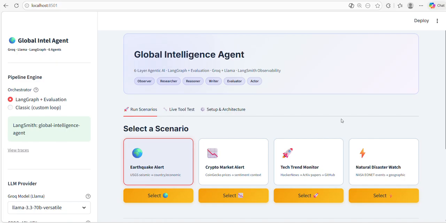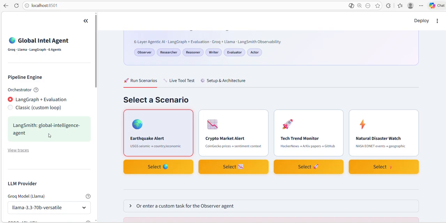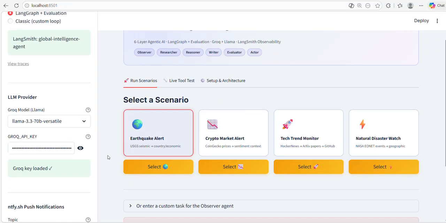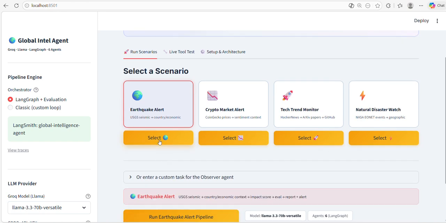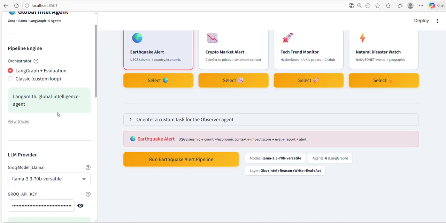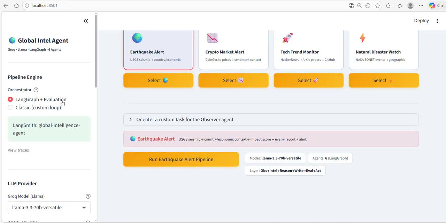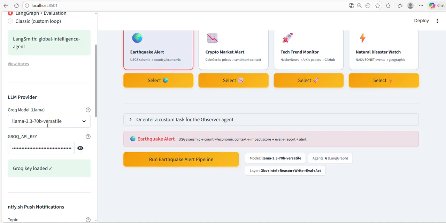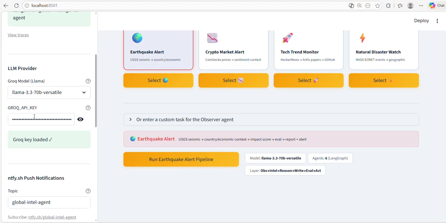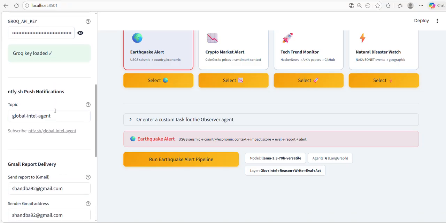So let me run one scenario so that we'll have an idea. Let me select one. Since earthquake alert, I'm going to select this one. Okay. So I'm going to use LangGraph and evaluation as well using Langsmith. And then my model is Llama 3.3 70B versatile. And I've already configured my Groq API key, and then